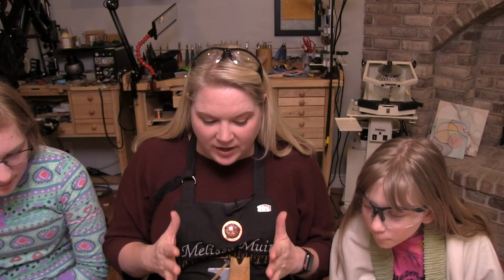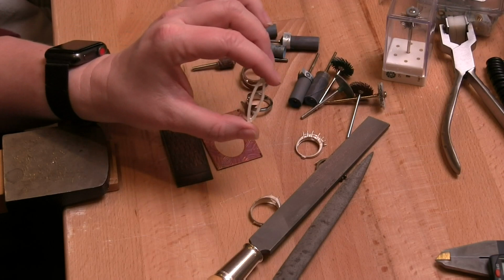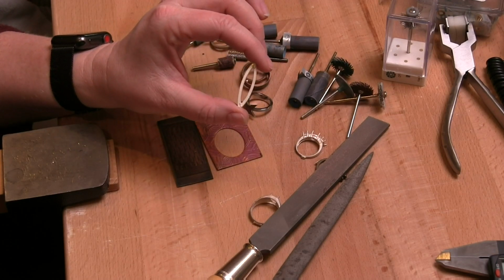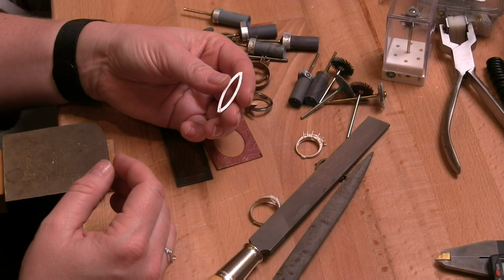So anyway, what we are learning today, as I get the girls ready to begin soldering and setting some stones and things like that, we need to learn how to file some stuff. You actually need to learn how to prepare your piece before you move on to various steps. So the first thing that we are starting off with today, let's switch over to this camera. I've already created